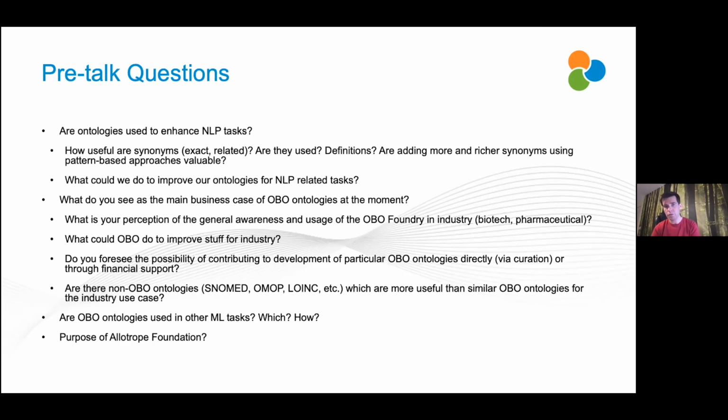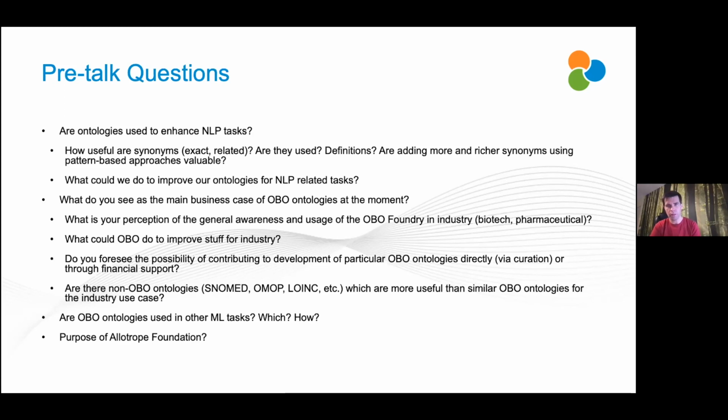Perception of general awareness and usage of OBO Foundry. So I think the perception of the OBO Foundry is probably less so. I think they don't know the words OBO Foundry quite as much. They definitely know the OBO ontologies though. So I think they come up a lot. All the ones you'd be familiar with come up quite a bit. So I think they're very aware of what's being built. Perhaps not always the provenance of where it comes from. So that could be something that I could probably do with some more outreach. As I say, I do try and talk about the OBO Foundry when we're talking about this stuff. So I do mention it, but I think maybe tracing it back to the OBO Foundry as an umbrella is perhaps sometimes missing.